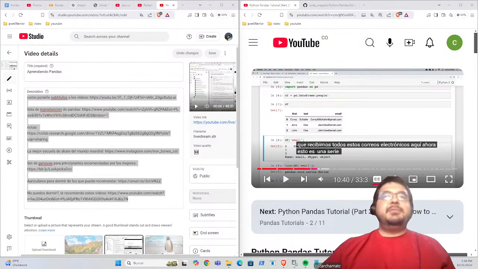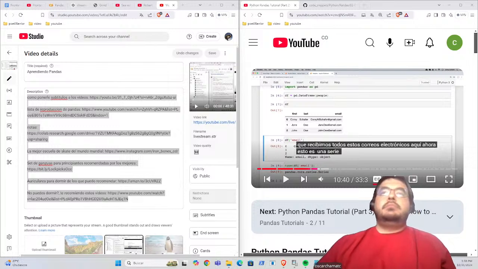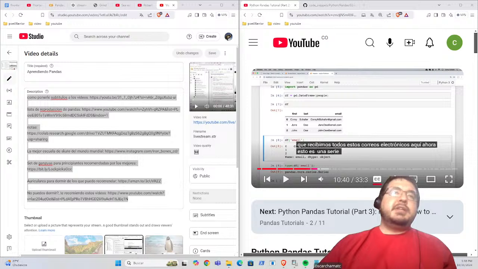Hola a todo el mundo, vamos a revisar cómo está esto. No hay nadie